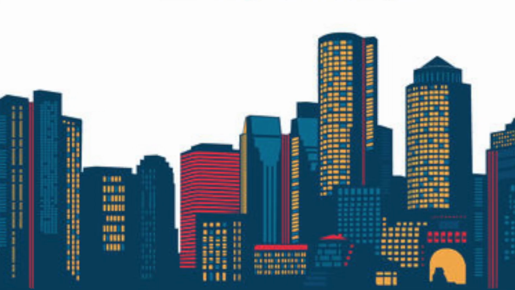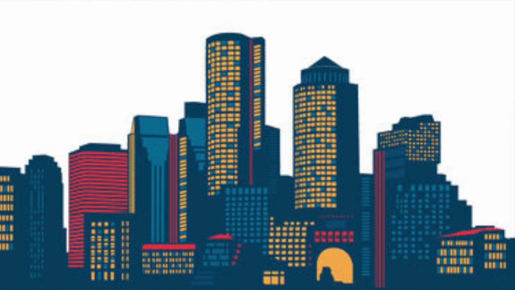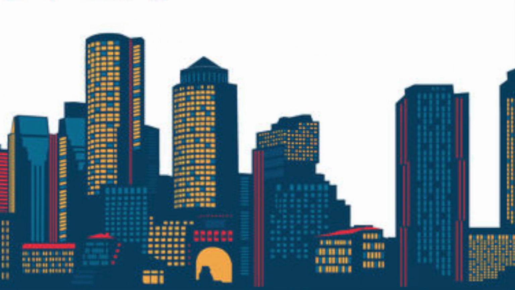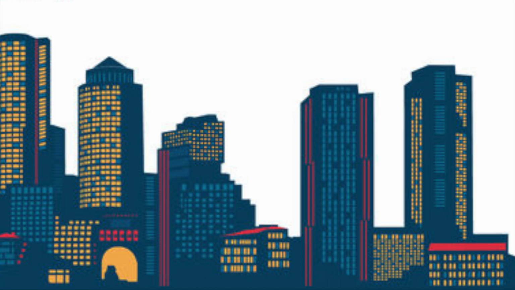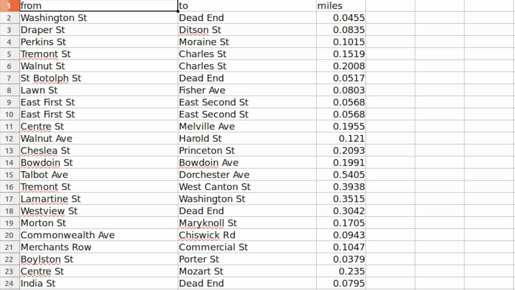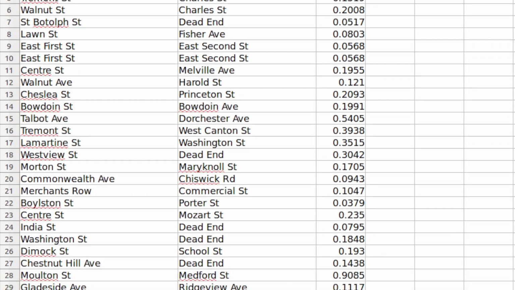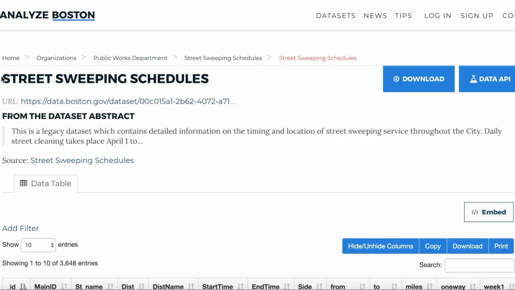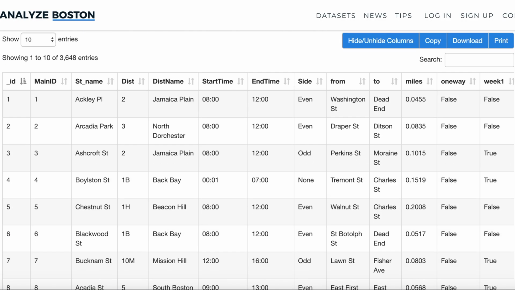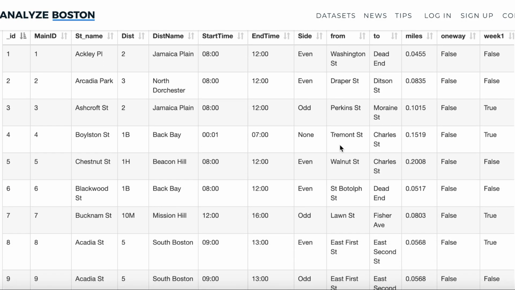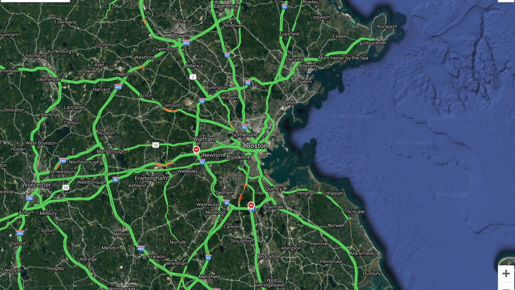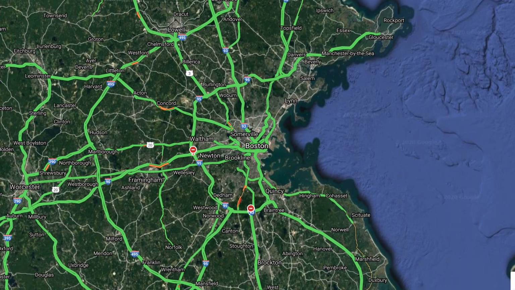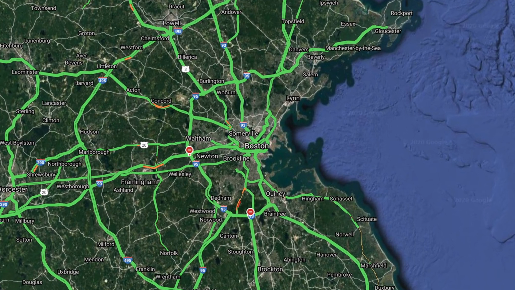We wanted to represent an actual city or an area that exists in the real world to test our Dijkstra's and A-star algorithm, and the location we chose was Boston, near and dear to our hearts. The dataset used to generate a graphical representation of the streets of Boston and to query their latitude and longitudinal coordinates was from a street sweeping schedule. This dataset contained information about the starting street and the ending street for the sweeping and the distance between them. We also looked at the peak traffic times and the traffic-heavy areas in Boston City and implemented the traffic heuristic